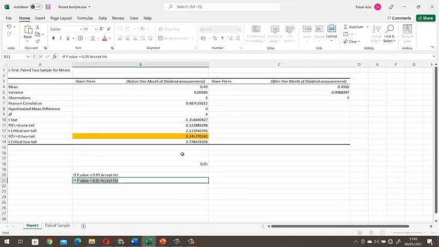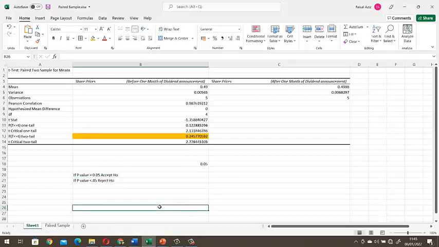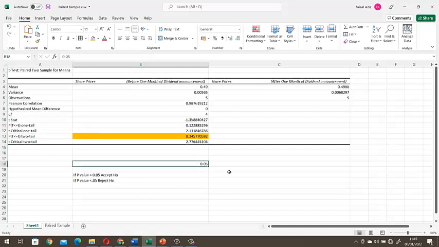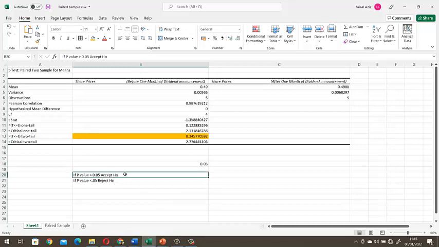And if p value is less than 0.05, we reject H naught, or we fail to reject H naught. In this case the p value two tail is 0.24, which is much higher than 0.05, so we are going to accept our null hypothesis.